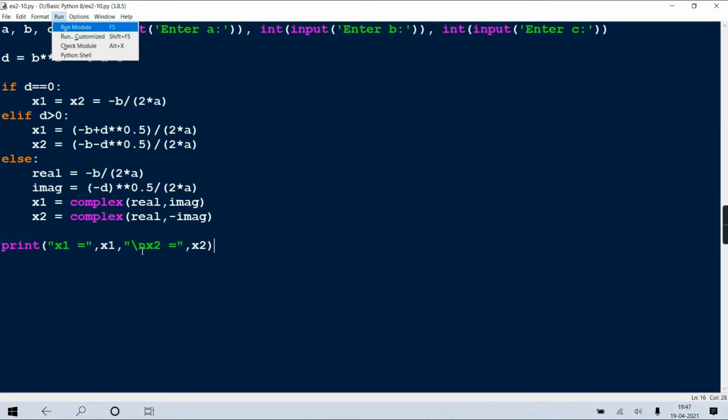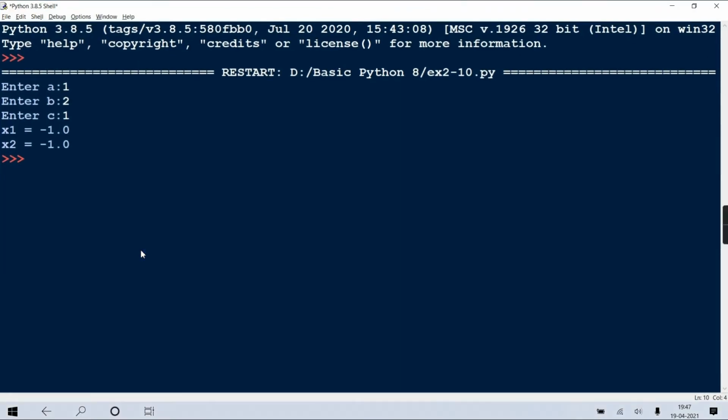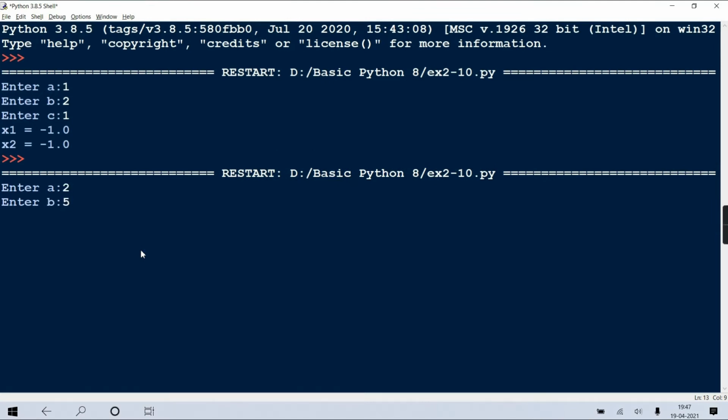Try to give some other input. Like I'm giving 2, 5, 3 suppose. Okay? What do you say? Will it be negative, positive? Is it going to be a complex number or two real solutions? Two real solutions, not a complex number. Solutions can be negative also, but are you going to get two numbers or two complex numbers?